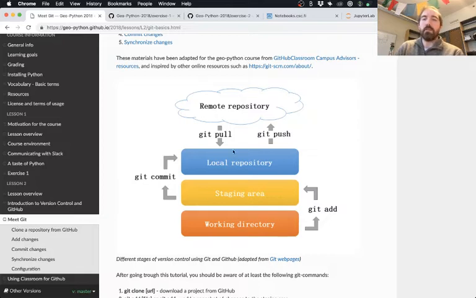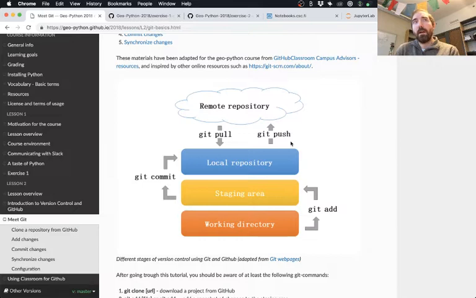But in case you're wondering about the overall flow, I think it's useful to consider. So you commit this with the message. The message goes along with those changes, and that is then an updated version of the files in the local repository. So on the cloud computer you're on, or on your local computer, you've now updated the files in that Git repository. Nothing happens on github.com until you do this git push. When you push the changes, it copies them from your local machine up to github.com.